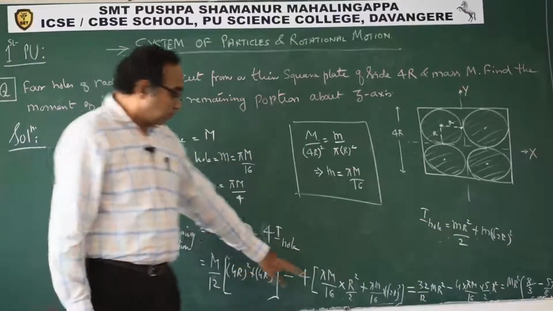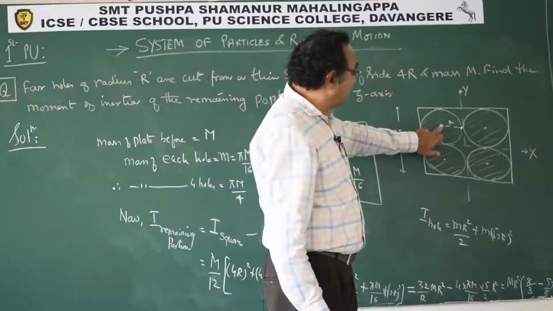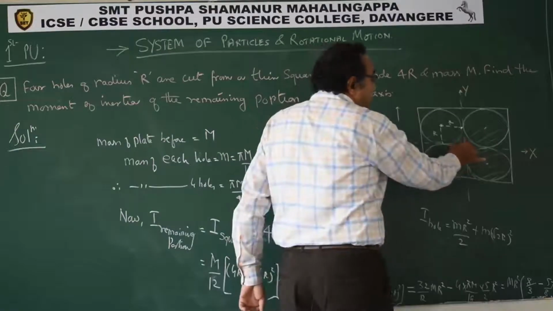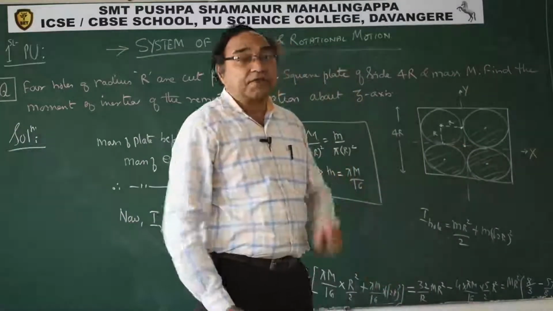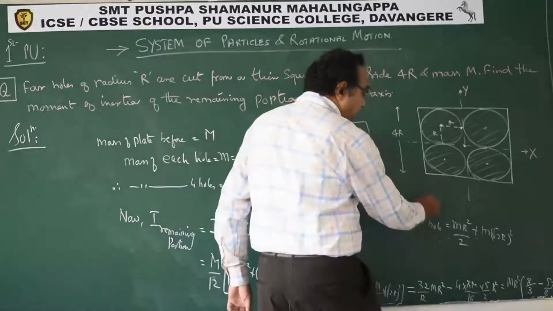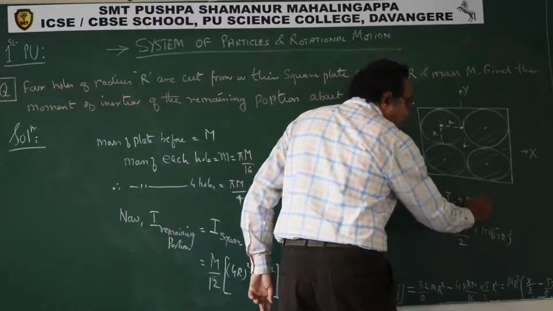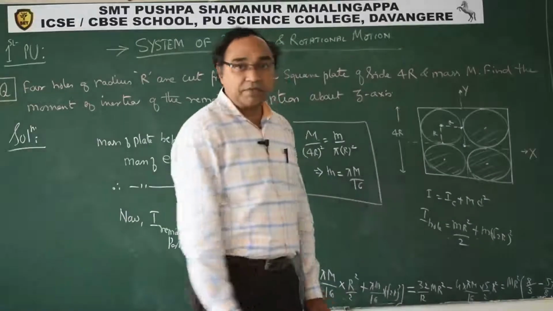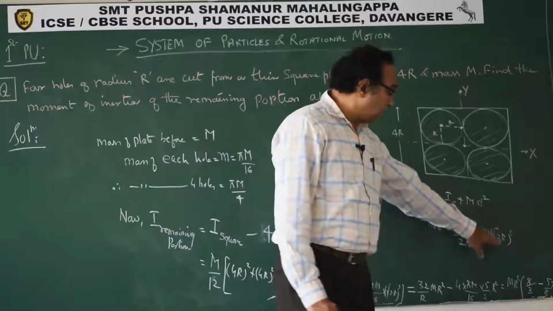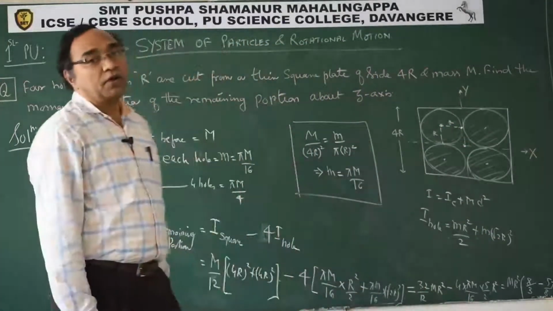Now, the hole is a disk. So, m r square by 2, that will happen about this center, about this axis. But I have to shift it about this axis. So, we will use the parallel axis theorem. So, we have m r square by 2 for one disk. What does the parallel axis theorem say? I is equal to the moment about the center plus mass times the square of the distance between them. Between them means between the axes. So we have m r square by 2 plus mass times the square of the distance between them. We can find out the distance this way. That is exactly how we can work it out.